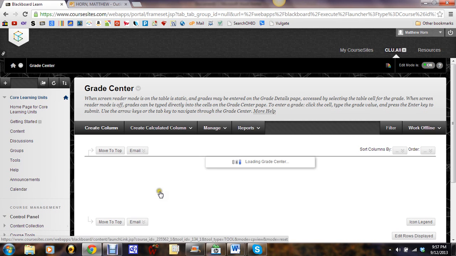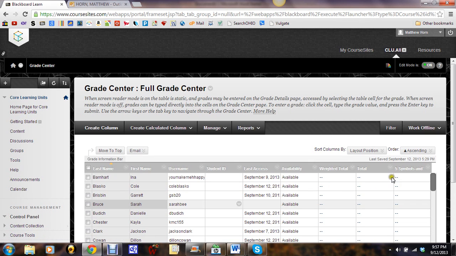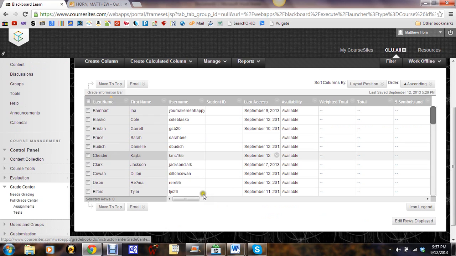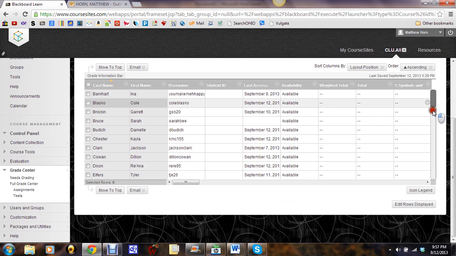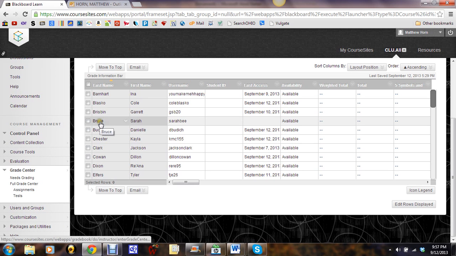Now these are all new students. The class hasn't really even started yet. Classes haven't started yet because it's really early in the term. But here are the students that have been populated into this Core Learning Units. That's just part of them. So I'm not going to show you the whole list, but what you see and what I see are your name and all that, and I see Weighted Total, I see Total, and then I see all these columns,